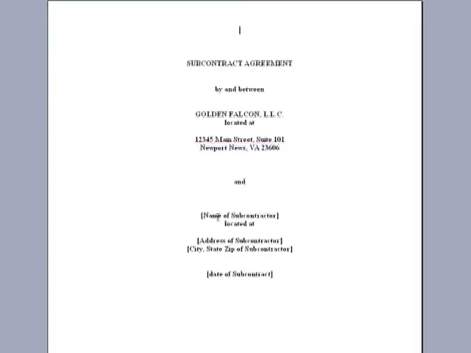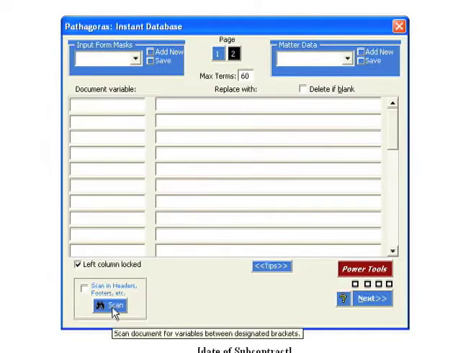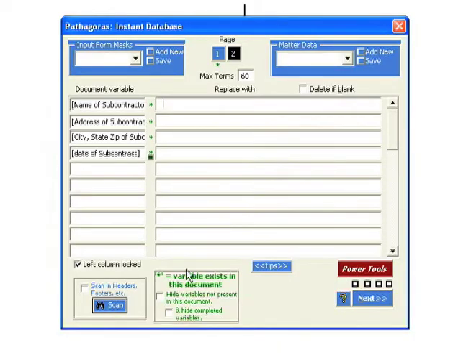The document is quickly assembled, and you notice the variables that are in the document, such as name of subcontractor and the address of the subcontractor, etc. I'm going to hit the Alt-D button. The document is quickly scanned when we click the scan button in the lower left-hand side, and we can fill out the various variables. Notice that the length of the variables take up more than the space allotted to it